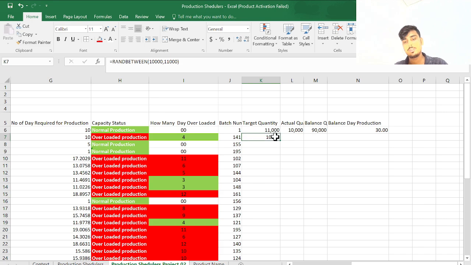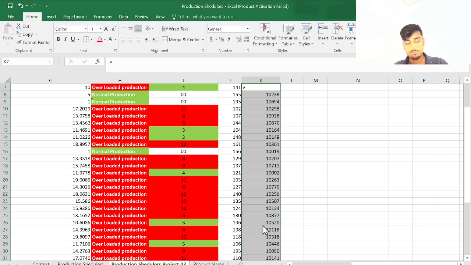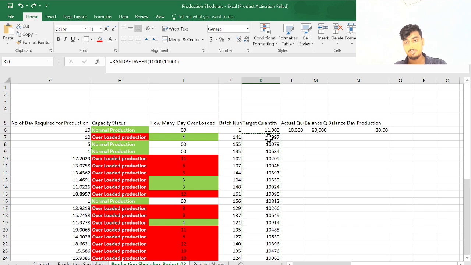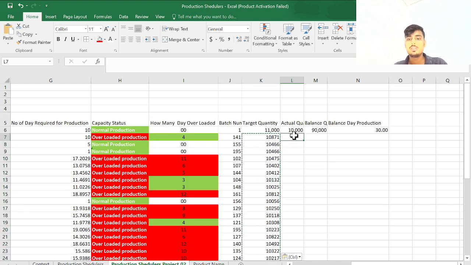Okay, now I'm going to drop down, Control plus Z. I will paste here only the value, because if we don't paste values, it will change automatically, since we use the function. For actual production quantity we will also use random,